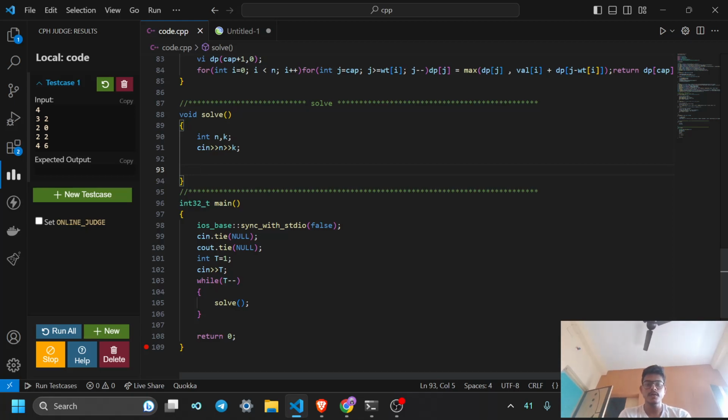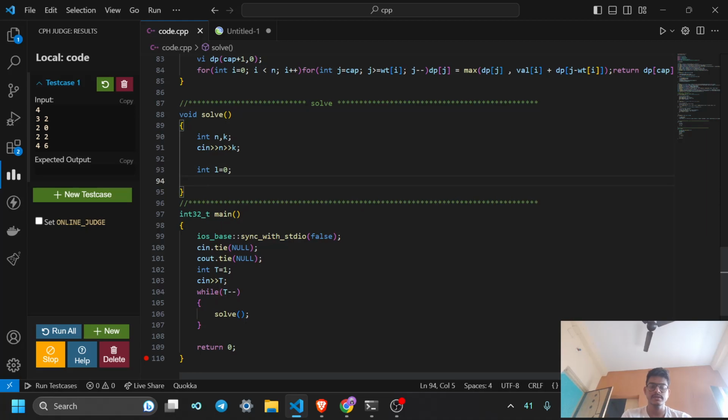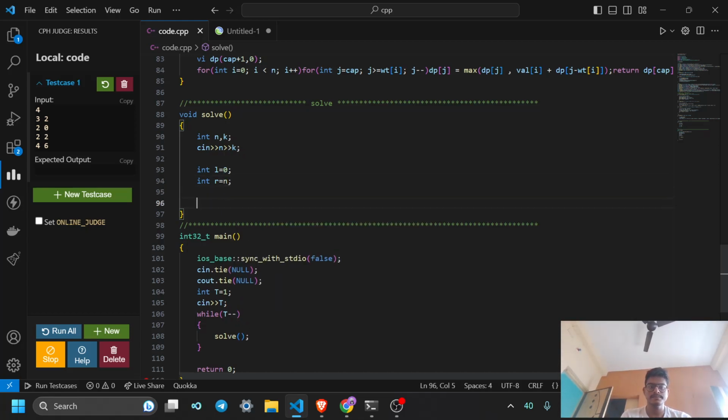So first of all, calculate how many positive integers I need. For that I can use both approaches: one is a linear approach, and I can also do binary search. I am applying binary search here, which is not necessary in this problem, but you can go with the linear approach also. So what will be my starting point? My left can start with 0, and how far can my right go? For this problem, my right can go up to n,